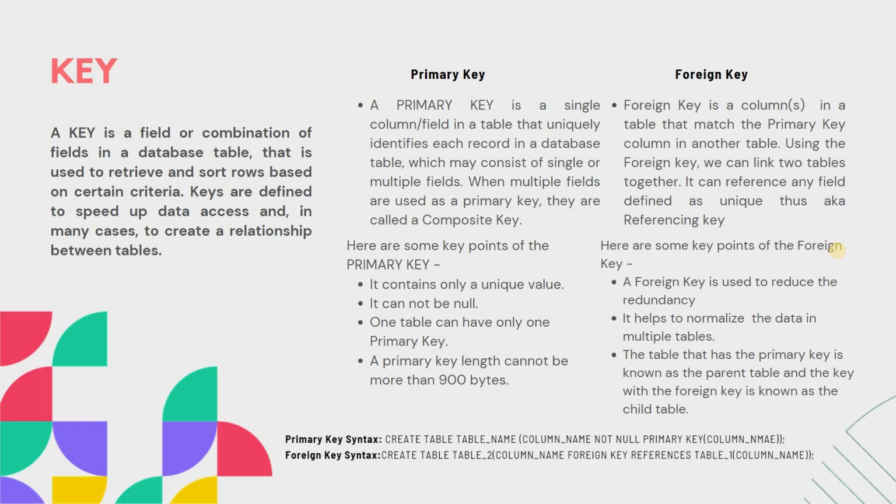A foreign key is a value that is linked to a primary key with a relation that is used to link two tables. It is also called a reference key because it references a primary key in a table. A foreign key is used to reduce redundancy by making different tables that are related and linking them by a primary key. It means that it helps in normalization. Here a table with a primary key is also called a parent table and a table with a foreign key is also called a child table.